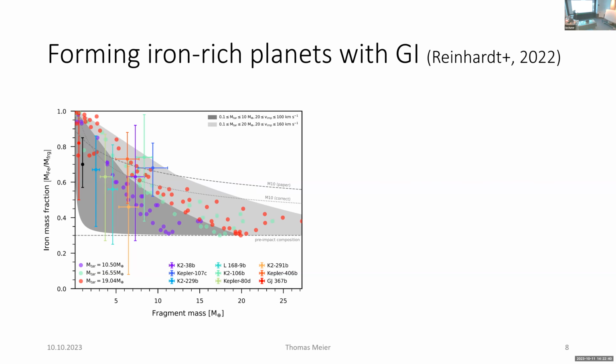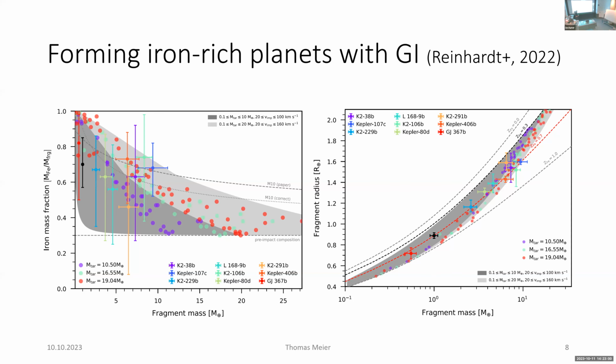And we then made a second shaded region with 160 kilometers per second. There all the planets are in there, at least the most likely value, because this part of the error bar we cannot hit. And we then transferred that into the fragment radius via internal models, and we see we can hit all of them. So we could, in theory, explain all these high iron content exoplanets with a giant impact,